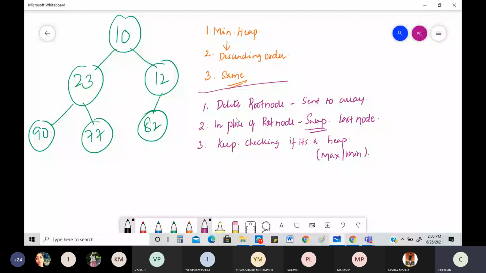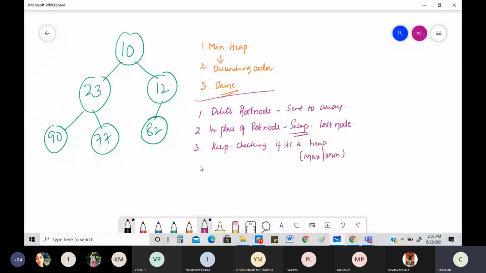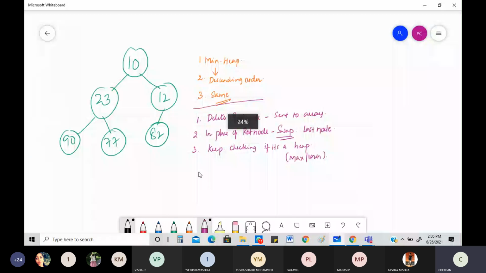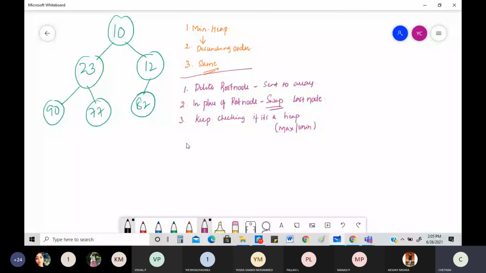So for this entire thing, let me do what is known as figuring out. I'll write it a little bit down so that I can go towards the right hand side. The values, everything on that. So what is the first thing? The first thing is you need to figure out what the root node is. The root node is this one. This will be deleted. You need to exchange that with the last node. What's the last node? 82. The last node is your 82.